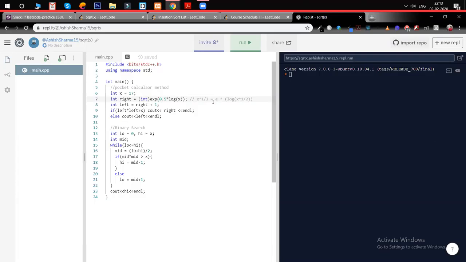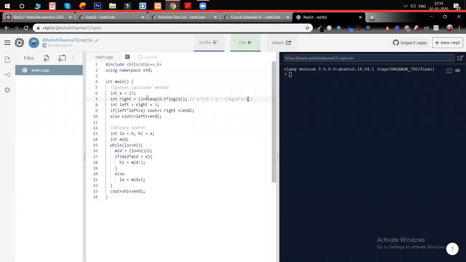If you know the log functions and what the Euler number is, I don't know whether it is called Euler number or not, I'm just saying. The value of the power 1 by 2 comes in front of the log, and if the log has base e, this cancels out, and we are left with under root x.